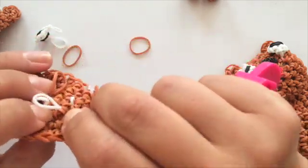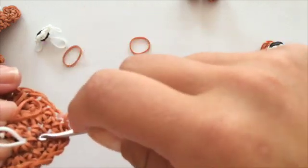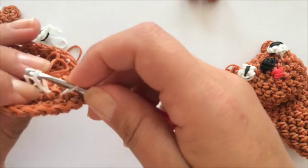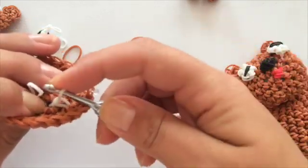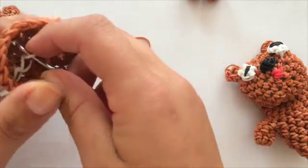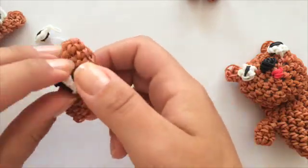So I'm going to turn it around, and I'm going to hook on to the 3 little stitches. I have to grab that band back and bring it. So that was one. I'm going to slide, and the last, and I'm going to slide. Now I'm going to turn it around, and I'm going to grab those stitches again because otherwise the eye is